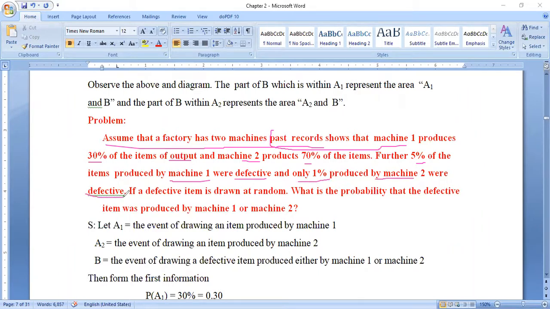If a defective item is drawn at random, what is the probability that the defective item was produced by machine 1 or machine 2? Okay, suppose we randomly pick up